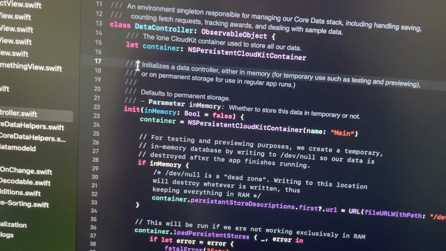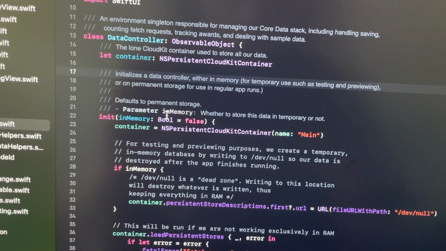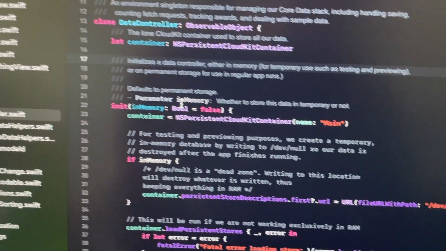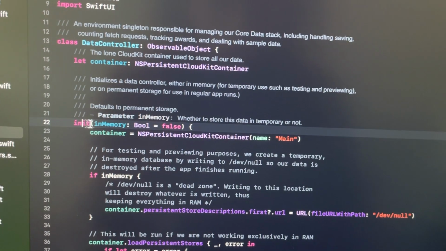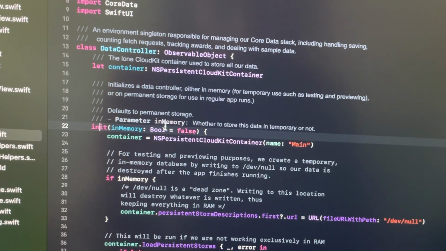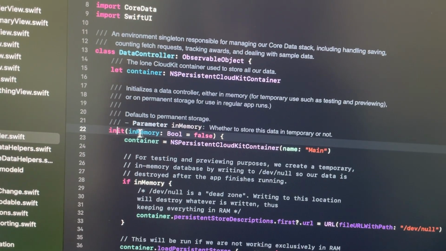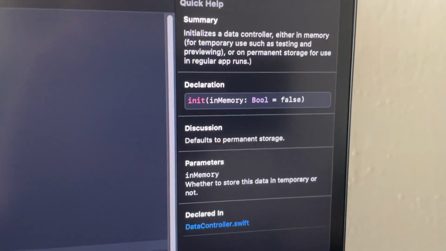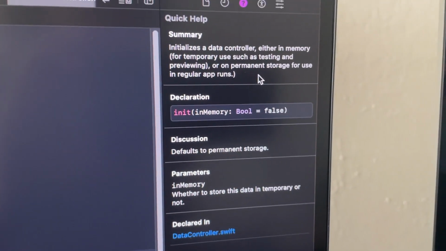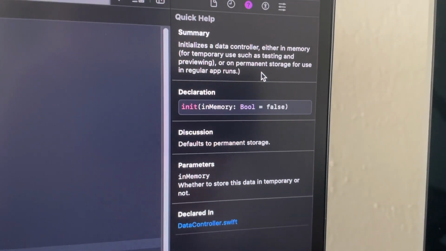We also have these documentation comments, which are signified by the different font and also the triple slash. These are particularly cool because they're for people that are trying to use your code within maybe their own projects or something like that. And the things that are written in the documentation comments, such as this parameter in-memory thing that discusses this in-memory parameter, if we click on this initializer function and then go over to our quick help pane in Xcode, the actual comments get laid out for us and written in a really nice and easy to read format,